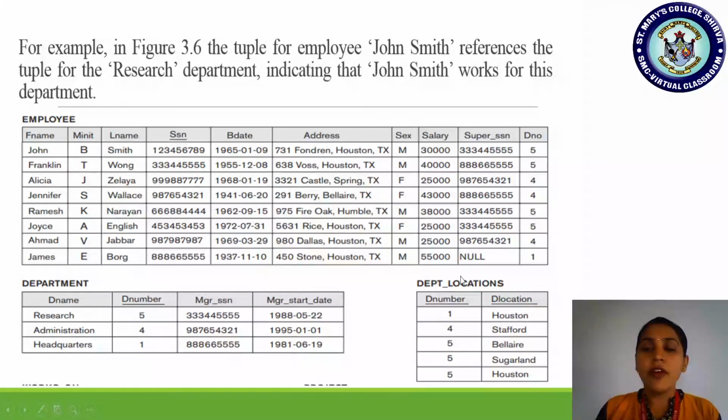So we found in the overall picture that 4 is present. It means that department number 4 exists in the relation. Okay, so Franklin and Alicia work for which department? Department number 4, that is Administration. Okay, so this is the second rule.